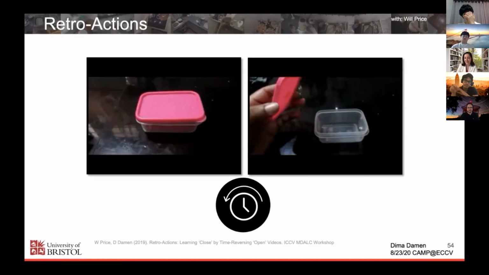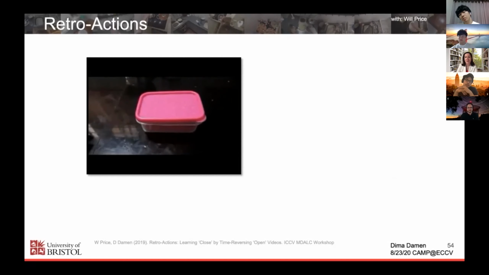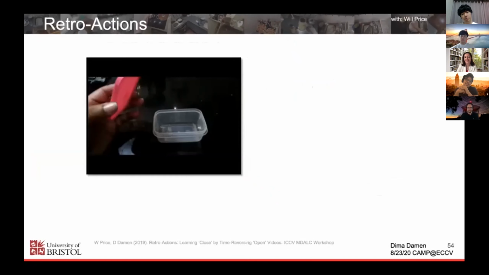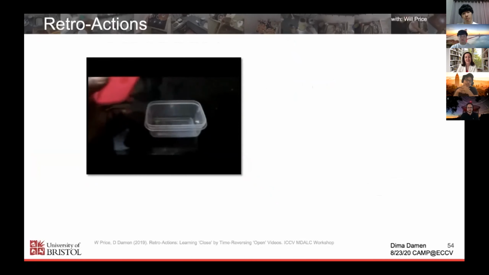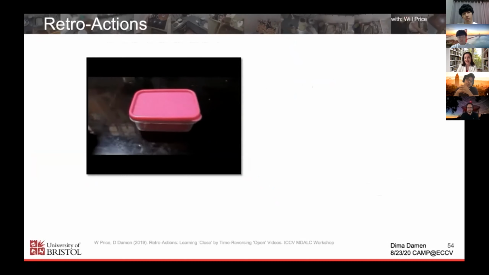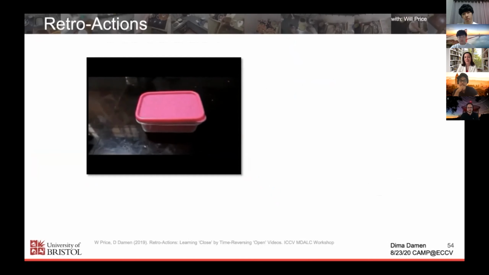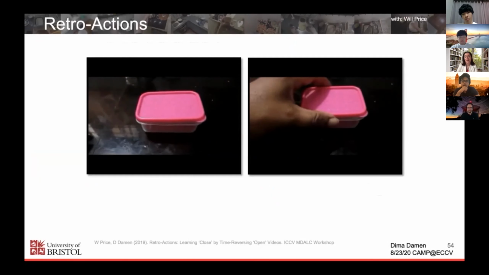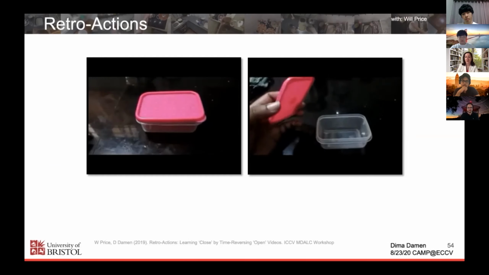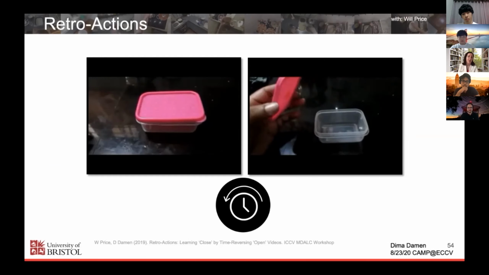Let's see that again, because people tell me, oh, you have fooled us. So let's see the action again. It's a very valid action of a closing action. And it's actually a time reversed version of opening. This is interesting because until now in computer vision, this arrow of time has been perceived as this thing that once you go in the reverse direction, then things break and things don't work, and it has been used as evidence to train models or to pre-train models.